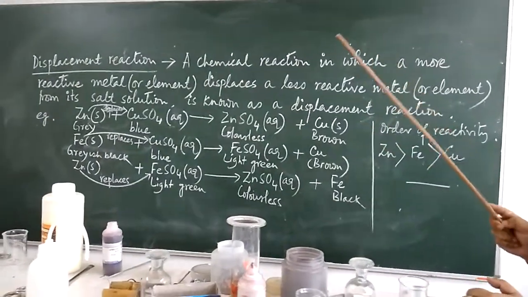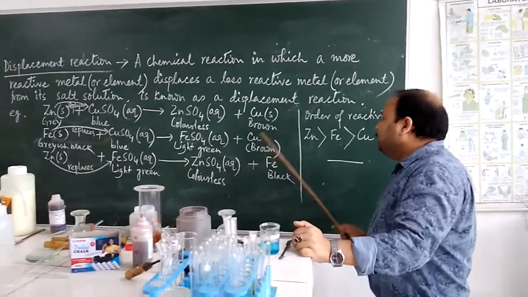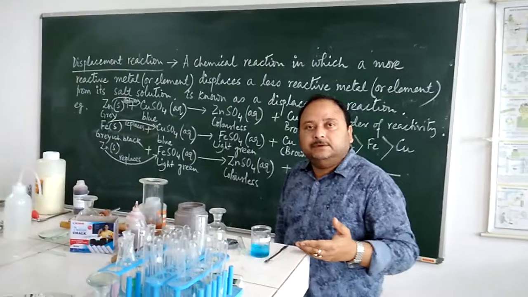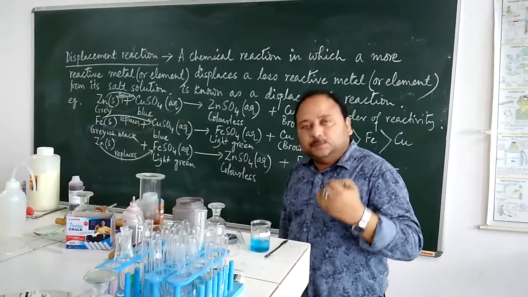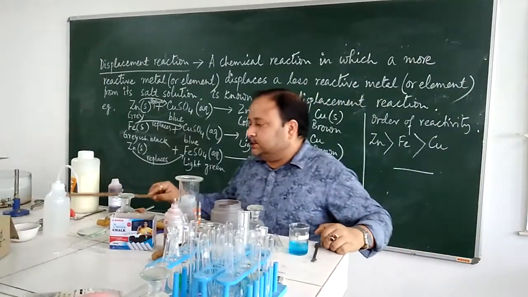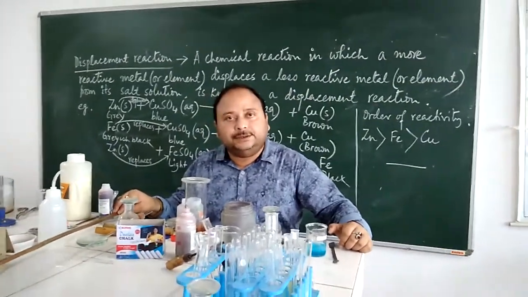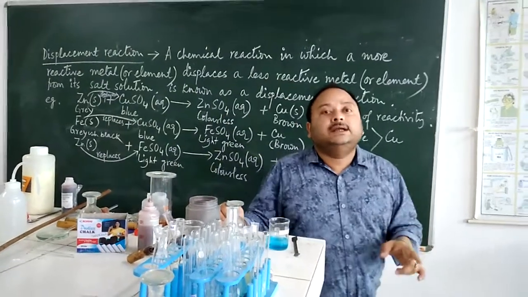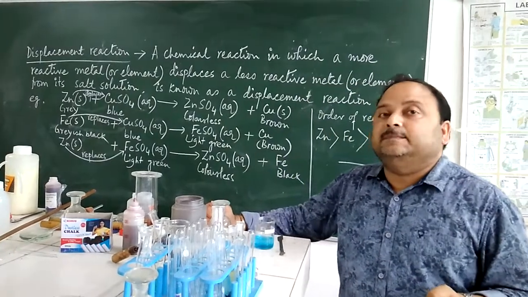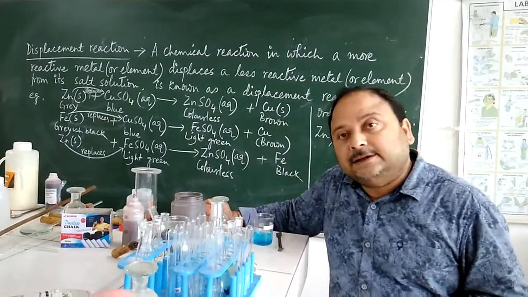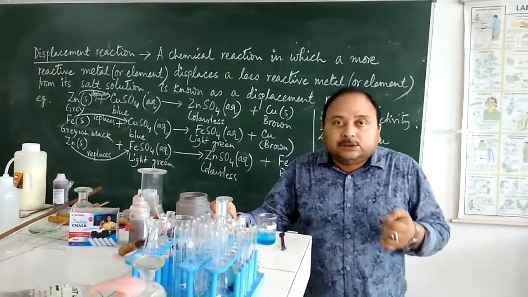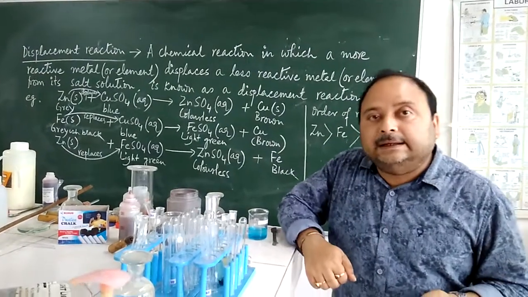These type of reactions are very important reactions because they help us to find out which metal is more reactive and which metal is less reactive. By knowing the reactivity of metal, it is possible to understand that all metals form their compounds, all metals show chemical reactions, but all metals are not equally reactive. Some metals are highly reactive, some metals are moderately reactive, whereas some metals are less reactive, and there are some metals which almost do not react. We call them noble metals. Examples of noble metals are gold, platinum, silver, etc.